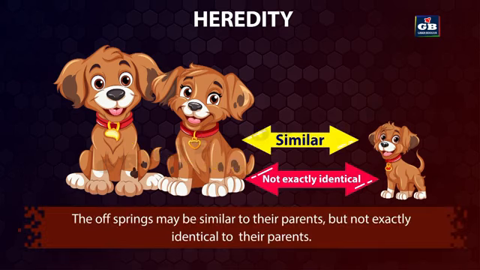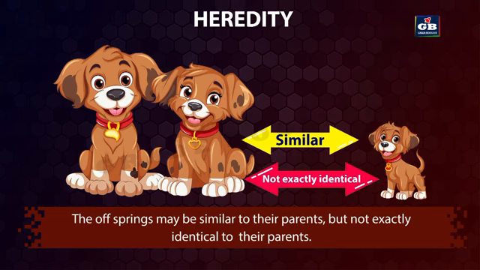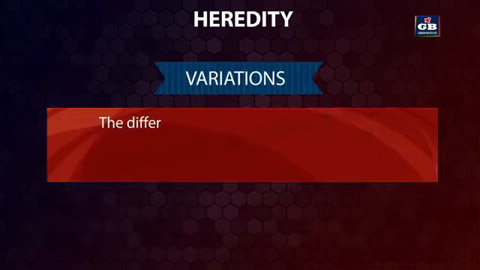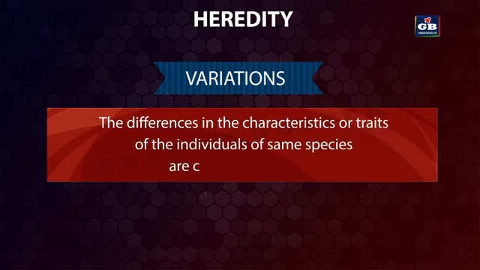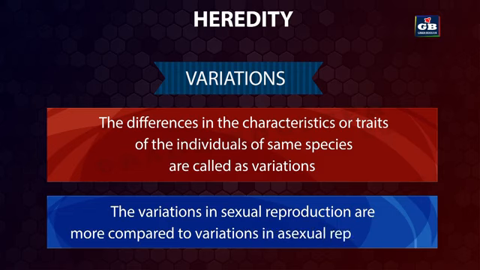The offsprings may be similar to their parents, but not exactly identical to their parents. That means there are certain differences among the parents and offsprings. These differences are called variations. Variations. The differences in the characteristics or traits of the individuals of the same species are called variations. Variations are observed in both sexual and asexual reproduction, but the variations in sexual reproduction are more compared to variations